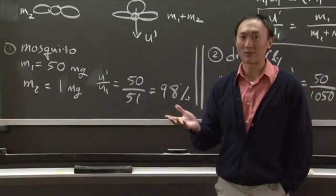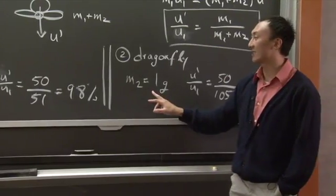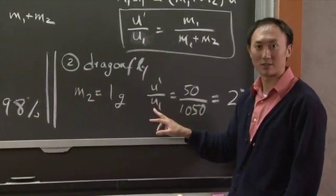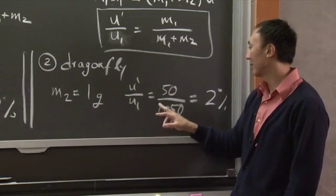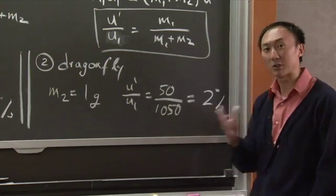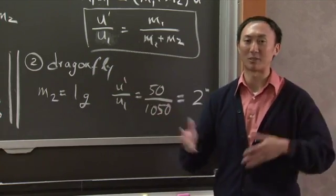We can see a very different trend if we look at heavier flying insects. Let's consider dragonflies. A dragonfly is 1,000 times heavier than a mosquito, 1 gram. That means, by the conservation of momentum, that the final velocity, 50 milligrams over 1,050 milligrams, is only 2% of the initial velocity. So when a raindrop hits a dragonfly, it loses 98% of its momentum, or almost all of